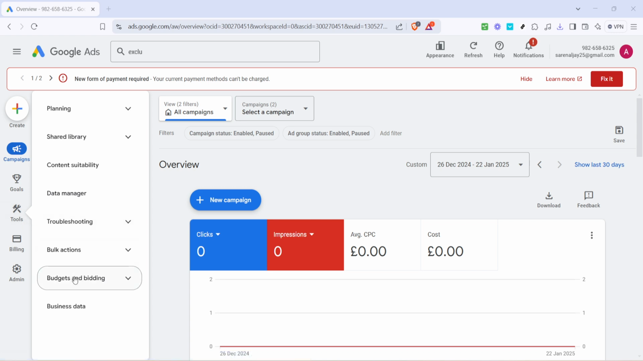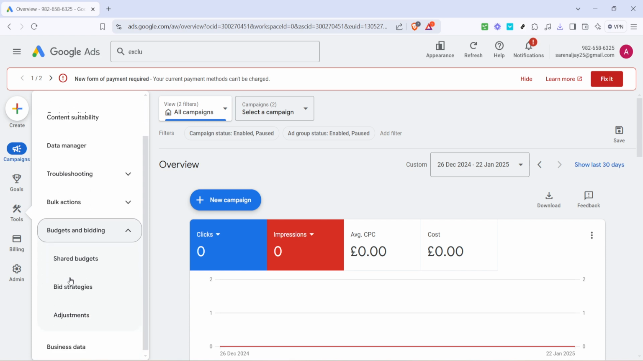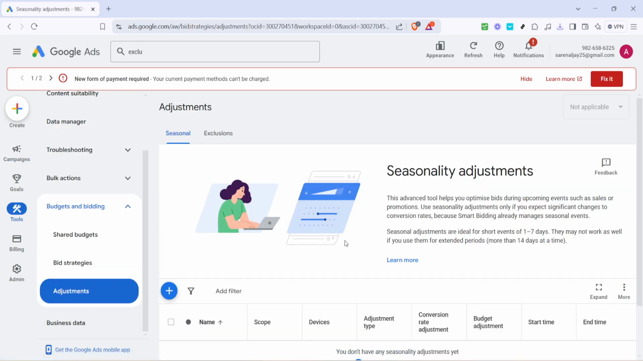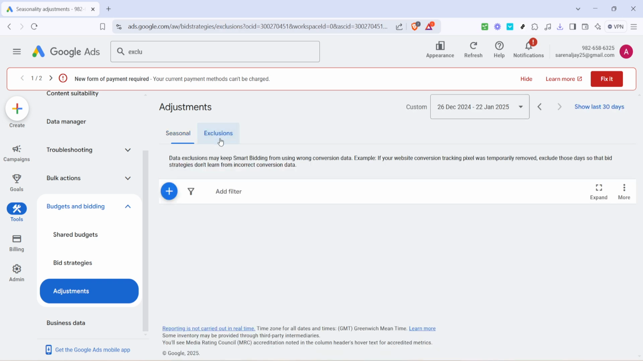This section of your Google Ads account is where you'll manage how your ad budgets are allocated and how your bids are set. Once inside, you'll notice there's a tab labeled Adjustments. This is the spot where you can make modifications to your bidding strategies and other related settings. Click on Adjustments, and then you'll want to look for Exclusions, which will allow you to specifically exclude mobile app